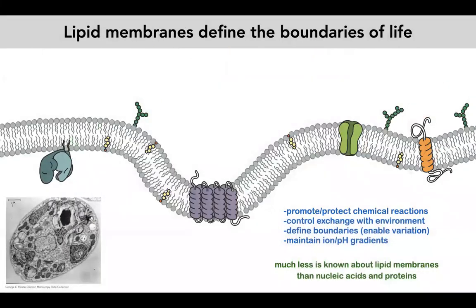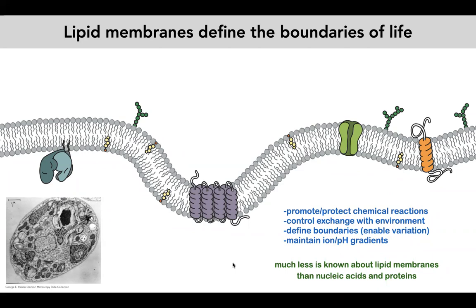So we all know that lipid membranes are essential to life. Lipid membranes literally define the boundaries of extant life. And so I think there's a lot of reason to believe that lipid membranes were present during the origin of life, and many theories on the origin of life invoke various types of lipid membranes as compartments, which are, of course, really important for